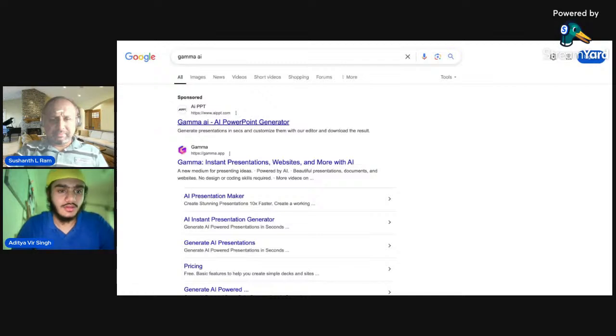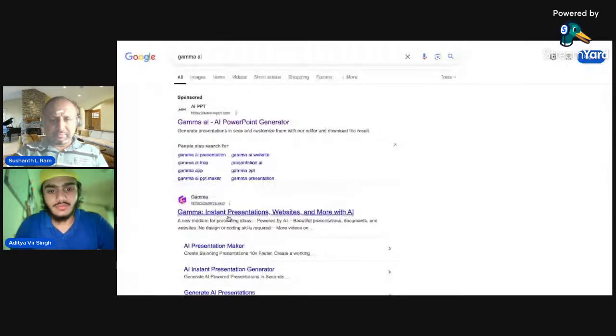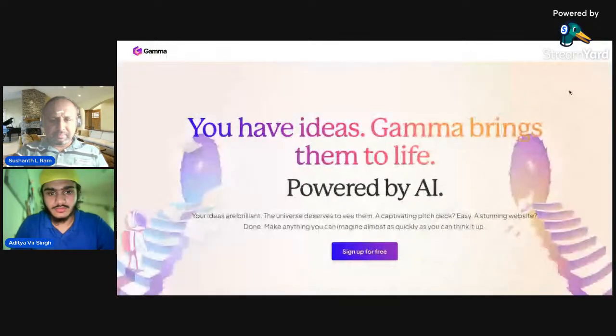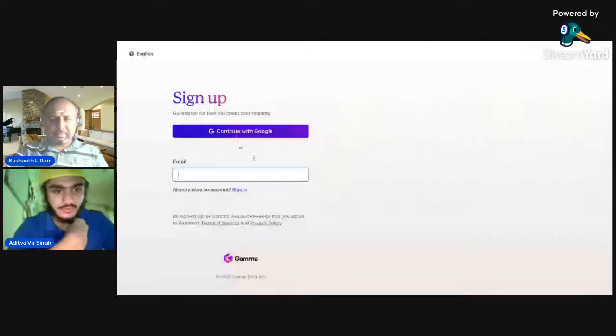Okay. So this is the Gamma AI tool. I'm just signing up to use this feature.